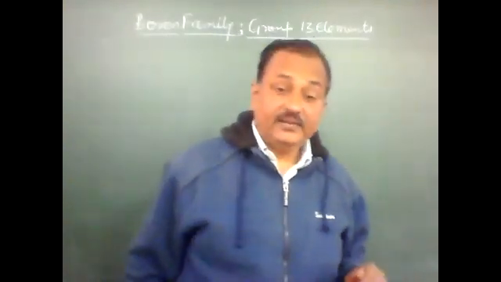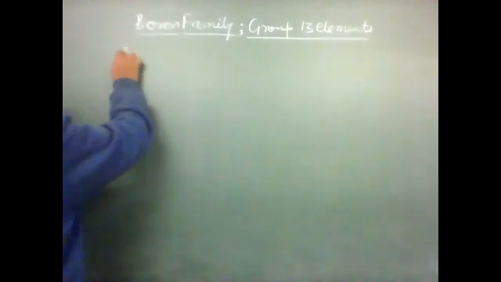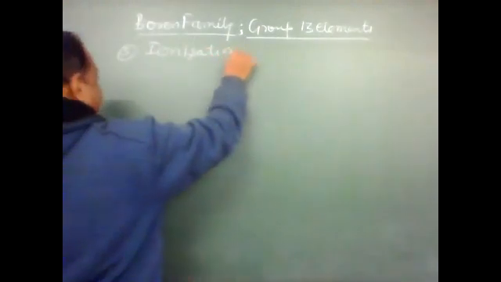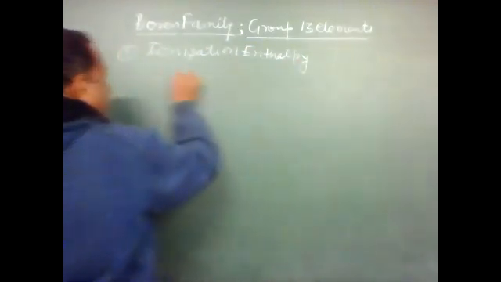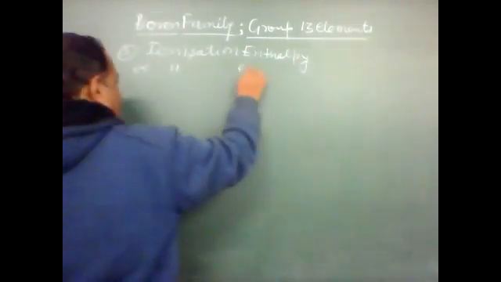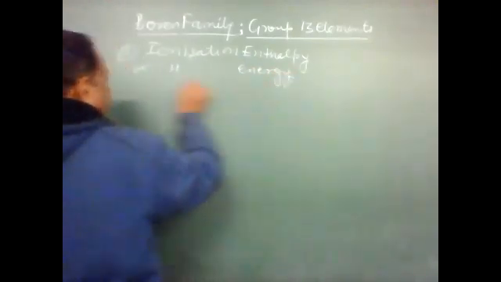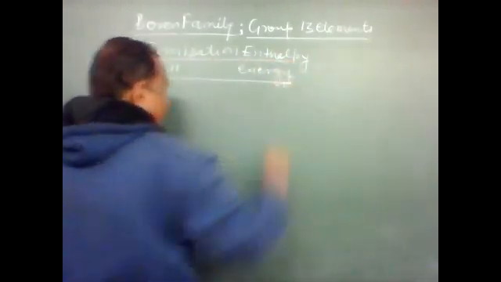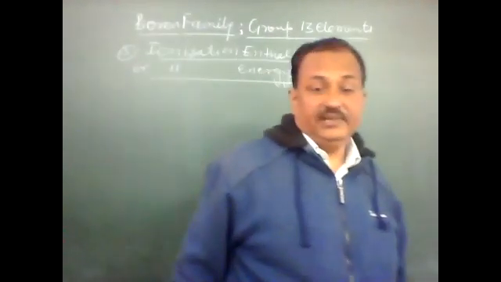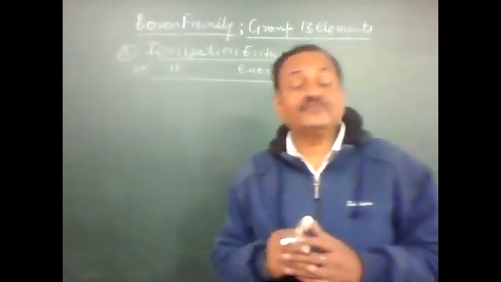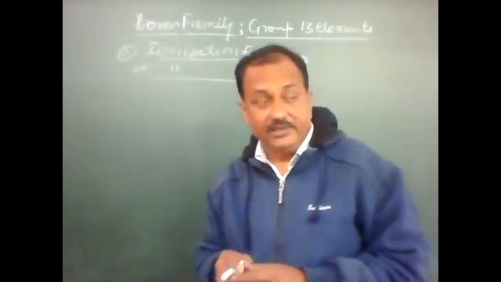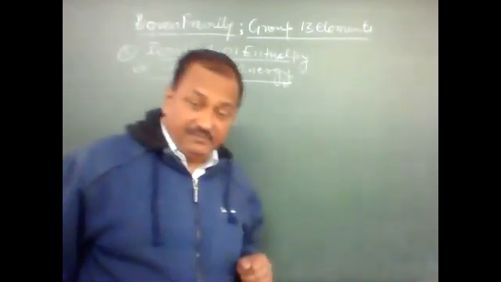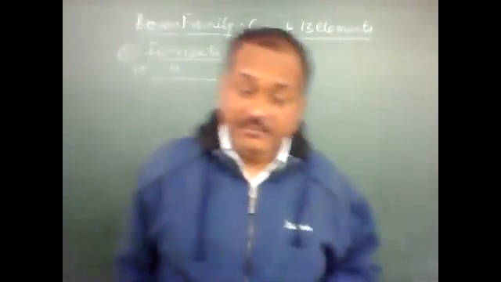Now children, I am going to explain the next very important part, that is ionization enthalpy, or simply we call it ionization energy. Ionization enthalpy or ionization energy. So first I am going to explain what is the meaning of ionization energy or ionization enthalpy. So ionization energy may be defined as the minimum amount of energy